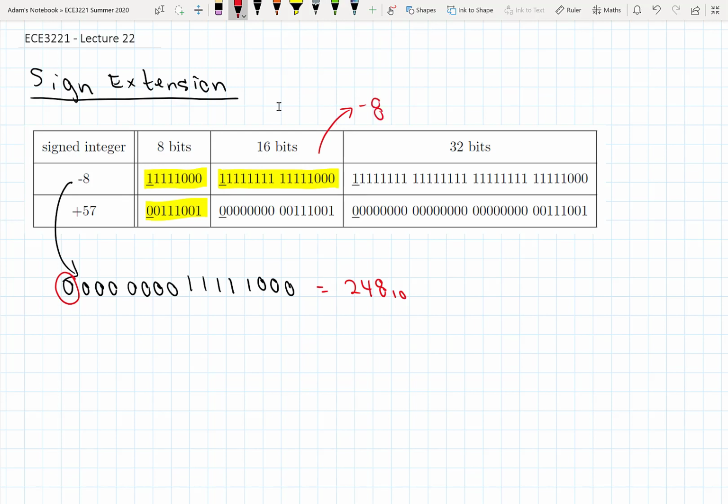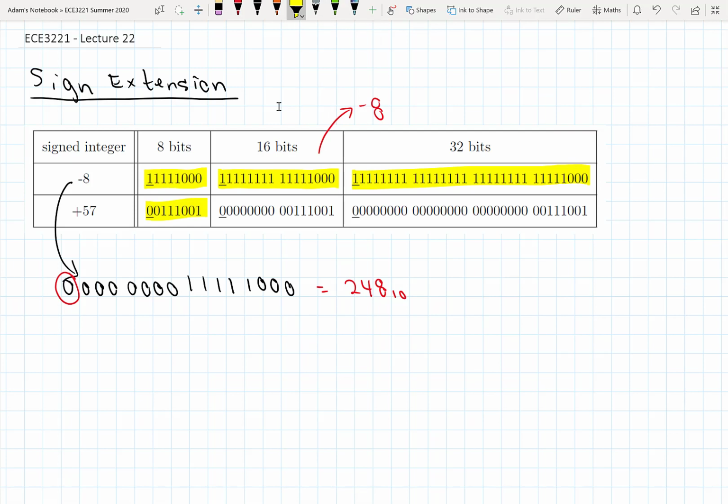Of course, we can sign extend further. In our case, with an IS2, we would be sign extending to 32 bits often when we're doing reads into registers. And again, you just see that the most significant bit gets extended into all added bits, or all bits that the value is extended by. And this works for both